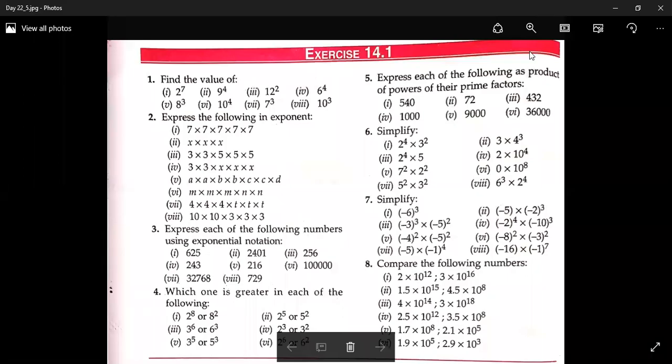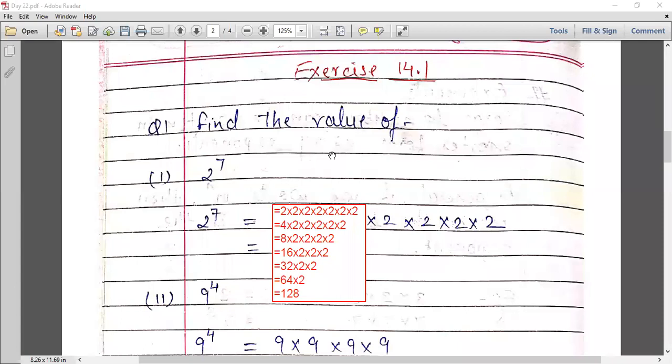Welcome learners. In this video, we will start exercise 14.1 of chapter 14, Exponents and Powers. Question number 1 is, find the value of